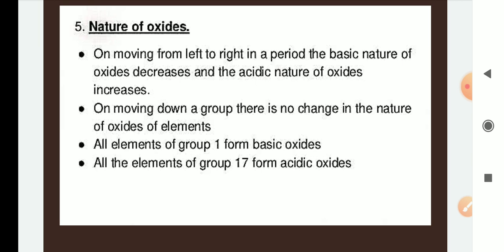So atomic size, how will you visualize it? Atomic size we can visualize as the distance between the nucleus of the atom and the outermost shell of an isolated atom. For the trend in moving down a group, you will see that the size of the atom is increasing because the number of shells is increasing. One by one, a shell is added at every step. There is an increase in distance between the outermost shell electrons and the nucleus of the atom.